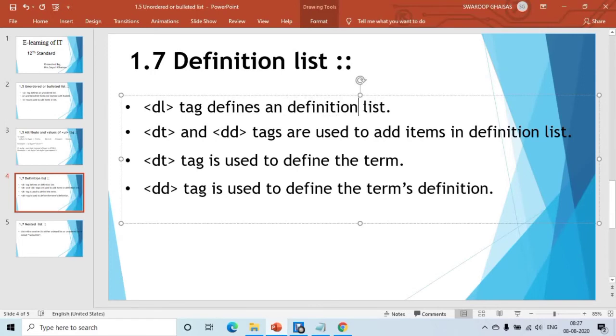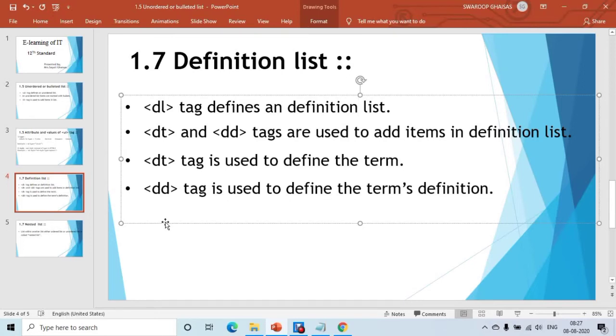Basically, this definition list is created to provide definitions of different terms. For creating such a definition list, the first tag used is the DL tag, just as in an ordered list the tag used is the OL tag, in case of an unordered list the tag used is the UL tag, and for a definition list the tag used is the DL tag.